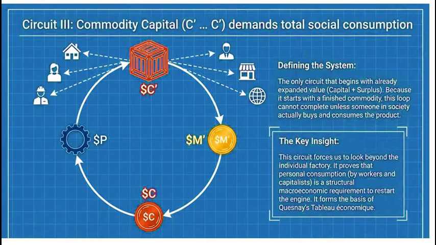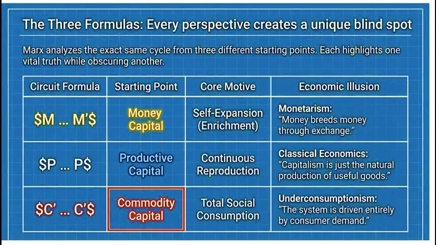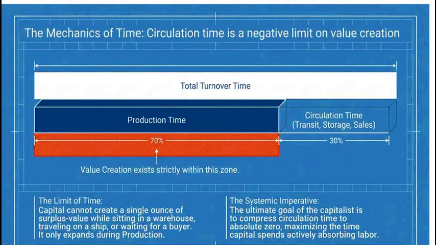Which leaves us with a profound, highly analytical question to end our explainer today. If the very nature of this economic formula demands that M prime must always become the starting point for a new, ever larger circuit, is there a mathematical limit to this endless accumulation? What actually happens when the formula simply cannot expand any further? It's a question that naturally arises from the math itself, and one that is absolutely essential to chew on as we view the world through this highly structured lens.